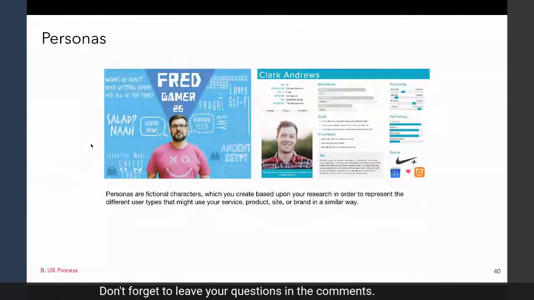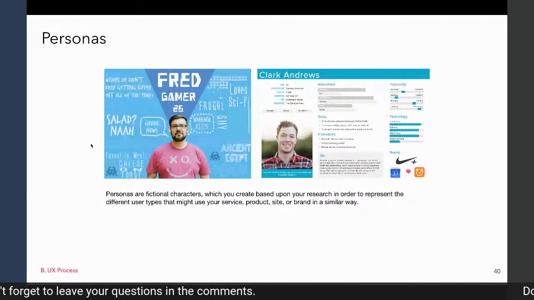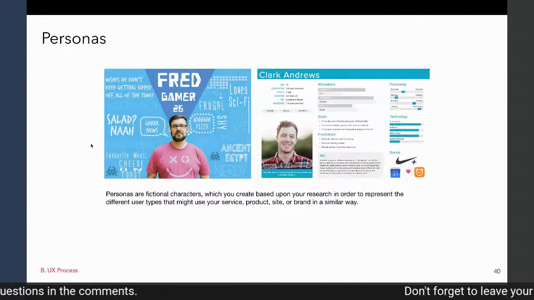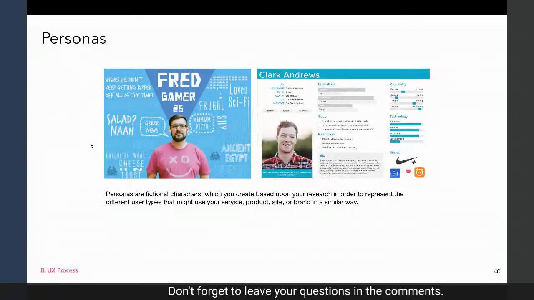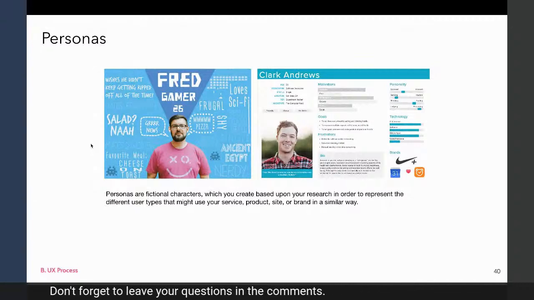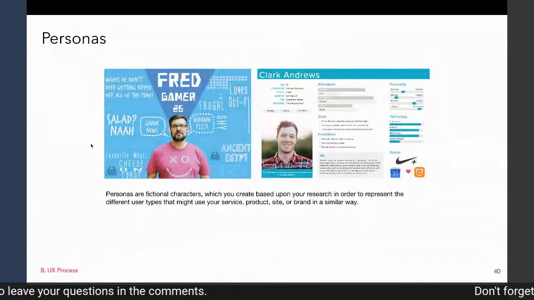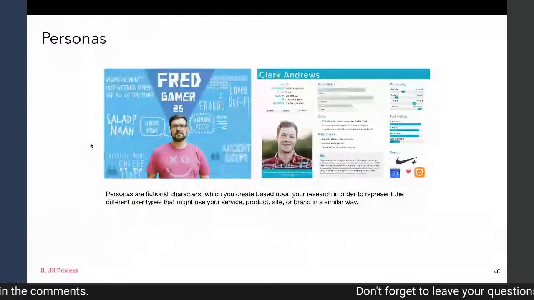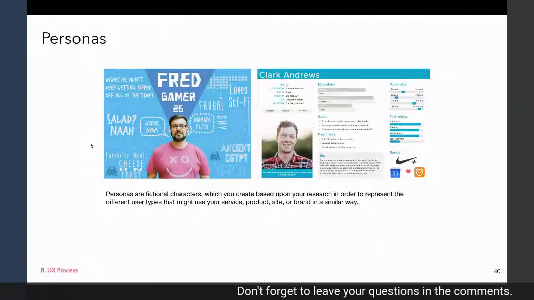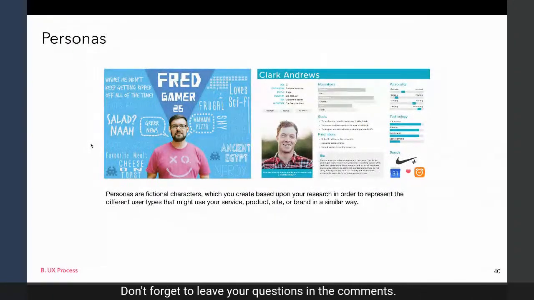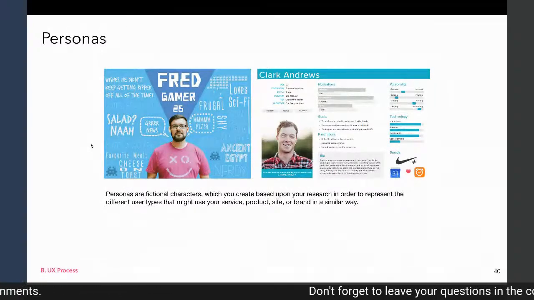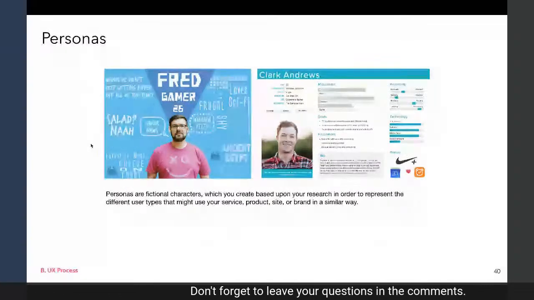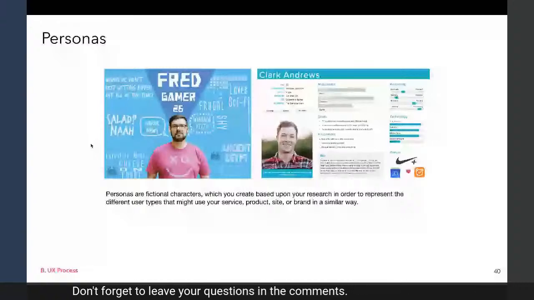These are not real people, but representations of the actual customers, probably based on data or analytics or research done previously. What's their profile like? There's a formal way of doing the persona, or a more general idea of the persona wherein it's not formal. So we have these two examples.